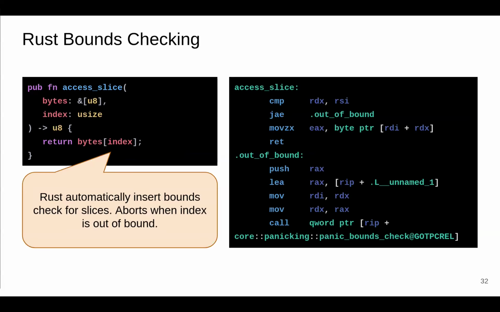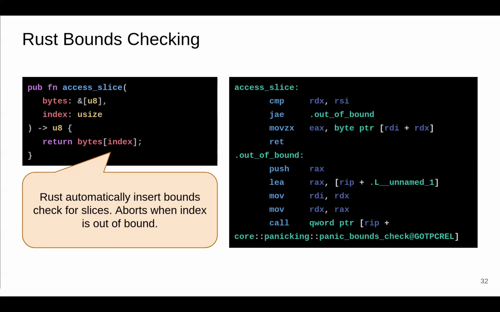Rust, similarly, automatically inserts bound checks for slices. If you define a slice of an array, it implicitly adds a bound check and aborts when the index is out of bound. If you compile Rust code and disassemble it, or look at the assembly code, we see that it checks the length of the